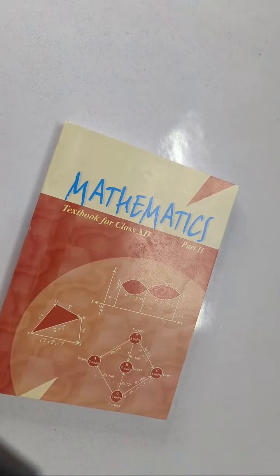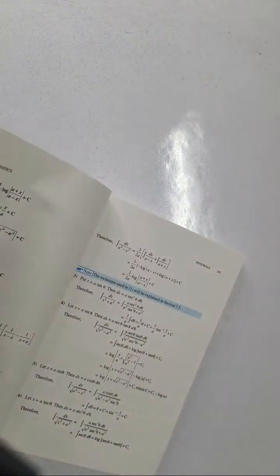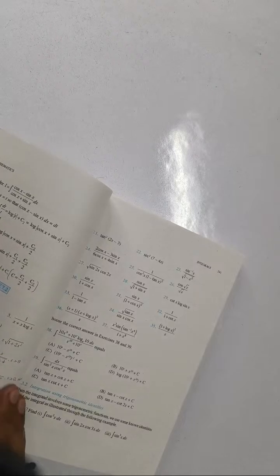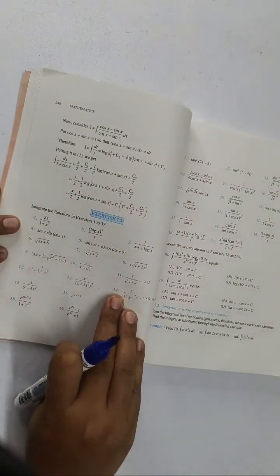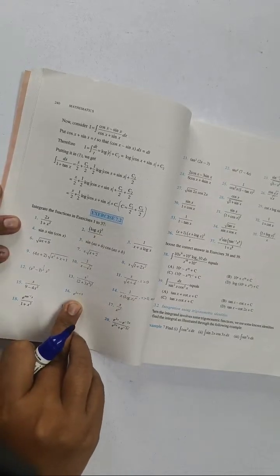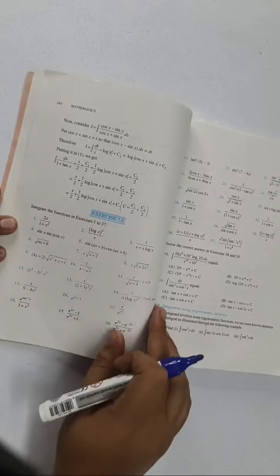Yesterday we were working exercise 7.2 till question number 16, I guess, isn't it? So we have to do from question number 17. We have worked out till question number 16 in yesterday's class. Now we have to start from question number 17. So the question is,